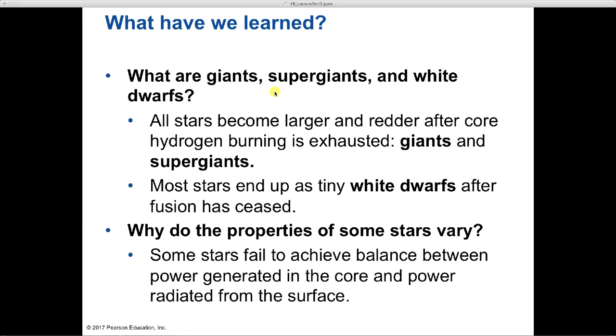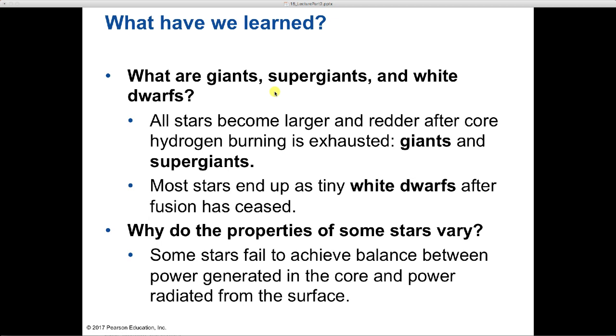Do they just stop? No, they actually start converting that helium that they made into other stuff. And so we'll talk about that. And ultimately then many of these things, these giants and supergiants, end up as white dwarfs. But some will end up as neutron stars and black holes as well. We'll talk about those. And then finally we talked about the variable stars, which are stars that are sort of